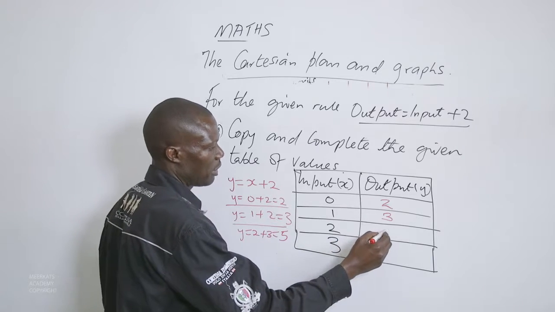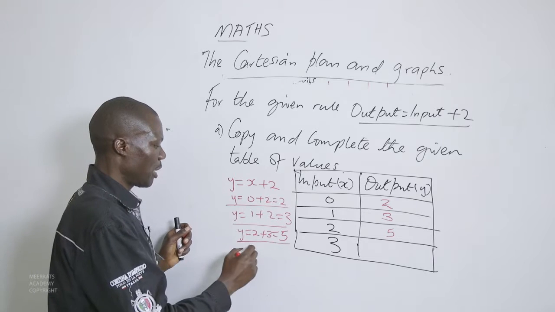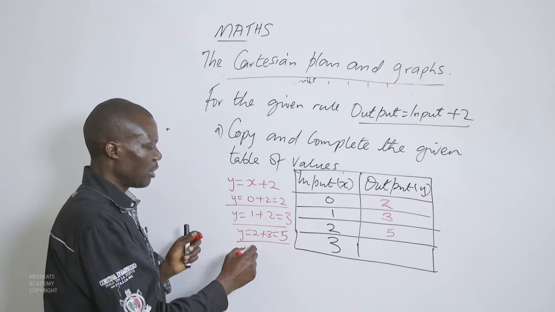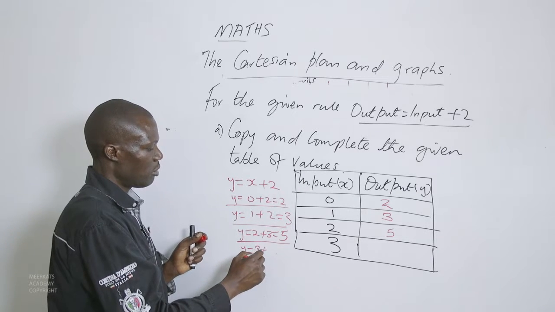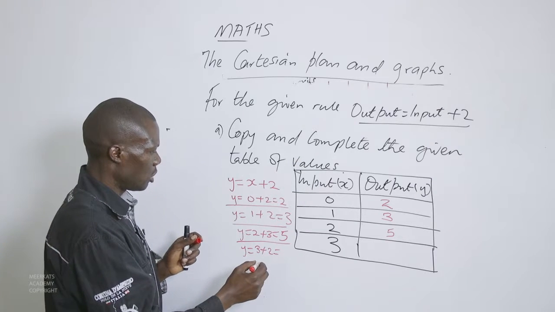So we bring a 5 here. And finally, when x is equal to 3, we substitute the 3 where we have x, we shall have 3 plus from the rule 2, then we shall get,